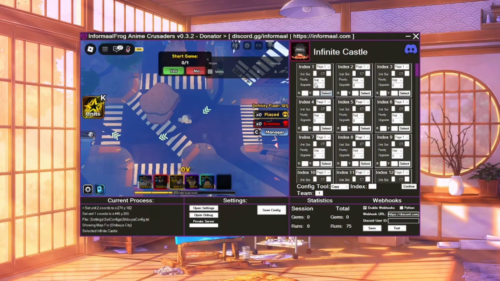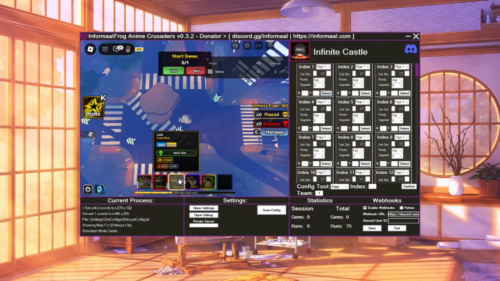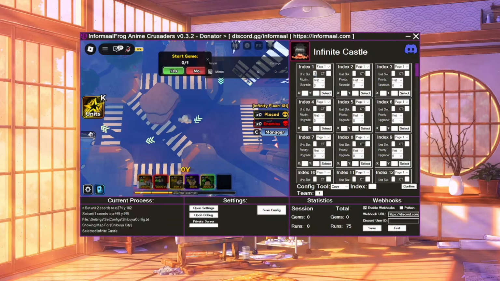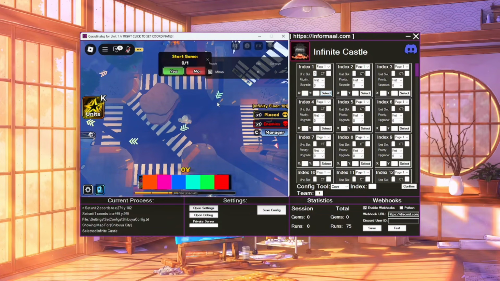So of course, you want to place your farm down. I highly recommend you use Lloyd instead of a speed card, because first of all, if you use a speed card, it's just more steps, and more steps equals less stability, so you want to use fewer units. And Lloyd is better anyway, so it doesn't matter. So now my Lloyd is in unit slot 3. I just want to tap 3. I don't want to select where I place him. It doesn't matter where you place Lloyd because it's just a farm unit, so I'm going to place him randomly here,